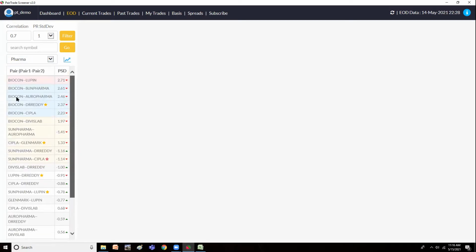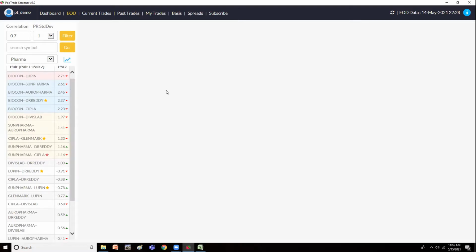So in the screener, we have a fixed number of pair combinations. Screener is a closed system, so you cannot add any new pair of your own, because we have set certain rules where we can pair only if it satisfies certain conditions. So this is a closed system. If you have any pair which is not a part of the screener, you could let me know, and if it satisfies all the conditions, then I will add it in the system itself.